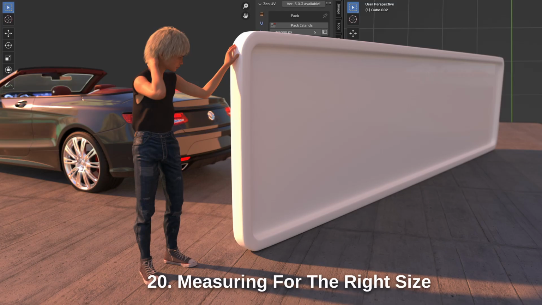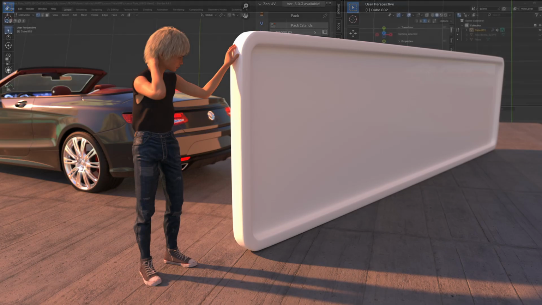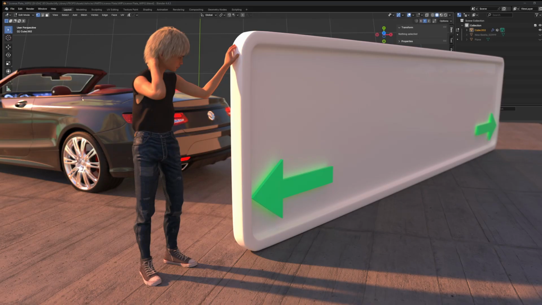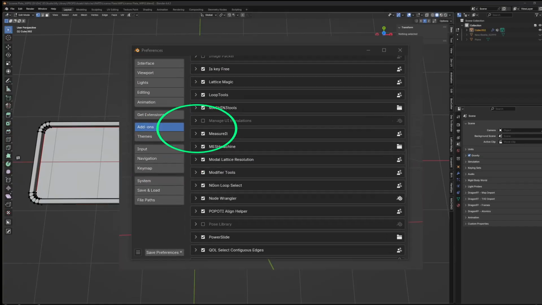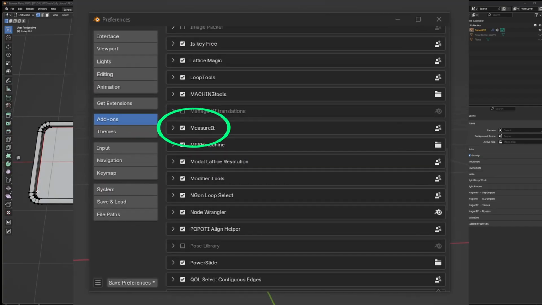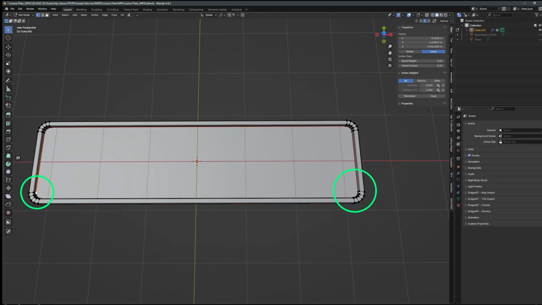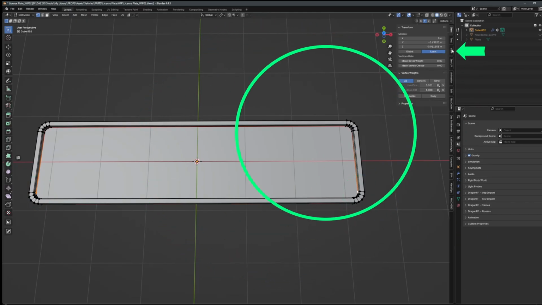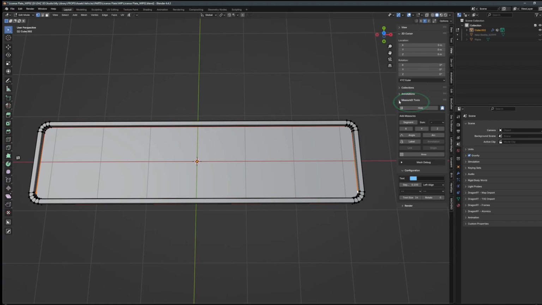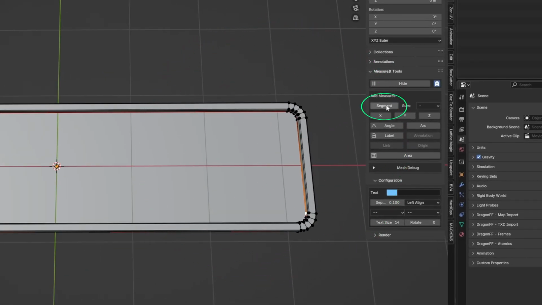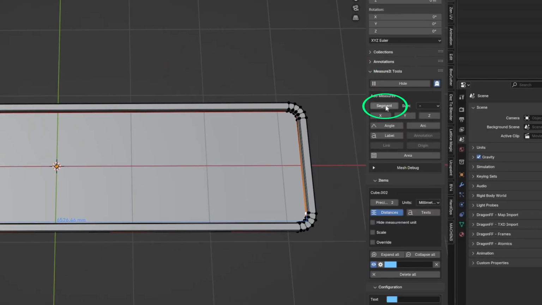But what is the right size? Since my object is actually a compound of a frame with an embedded plate, only the latter must match the dimensions I got. For the next operation, I need Blender's Measure It Tools add-on activated. Then I select two vertices on the plate face, just where I would hold on a ruler. In the sidebar tab View, I open the entry Measure It Tools. In there, the button Segment adds a measurement between the two selected vertices.